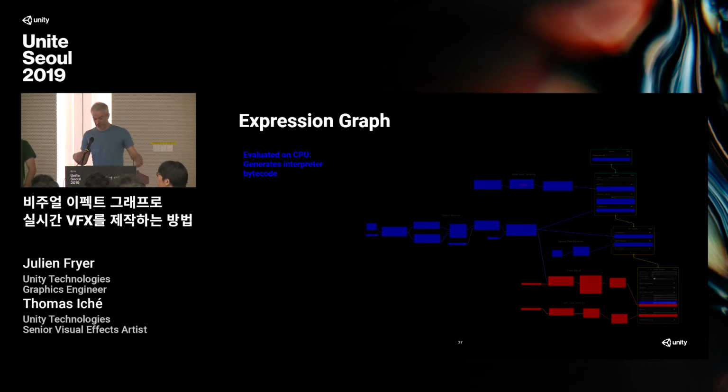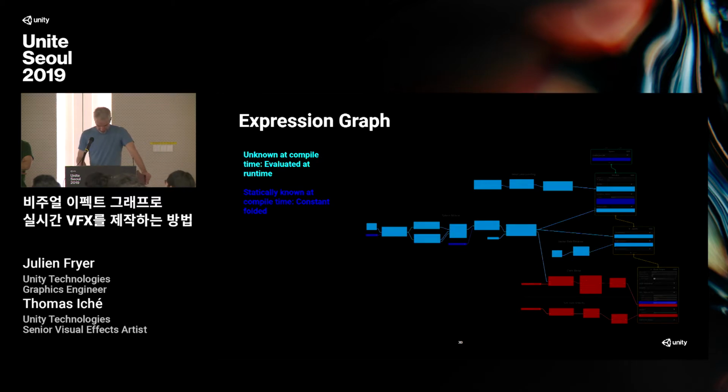We also have the concept of, do we know an expression at compile time, when compiling the effect, or do we know it at runtime? So for instance, here we're using the time of the effect, to move the sphere, to rotate a bit the vector field and stuff like that. And so this is unknown at compile time because the effect time will change over time. We also have an exposed parameter, which is the sphere radius to spawn the particles. So it is unknown at compile time as well, because it can be overridden per component via script, etc. So all the operations that follow are only known at runtime.